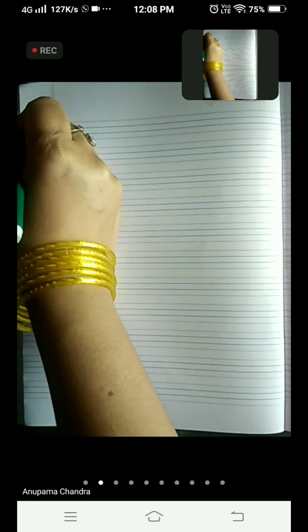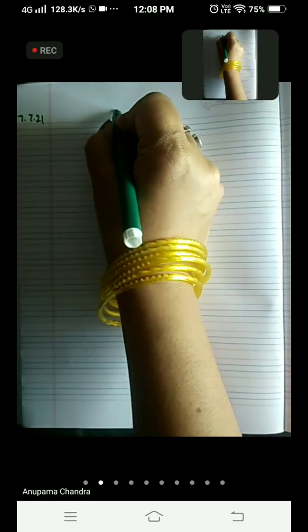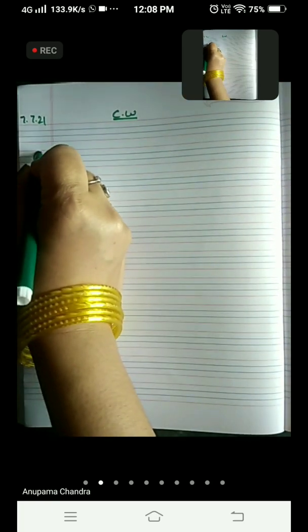So children, the very first thing you are going to do is put the date, today's date, at the left side corner of your notebook, and on the red line you will write CW. Okay? Leave the first line, start from the second line. We are going to write the question first.